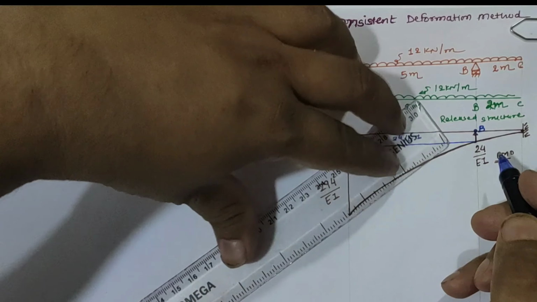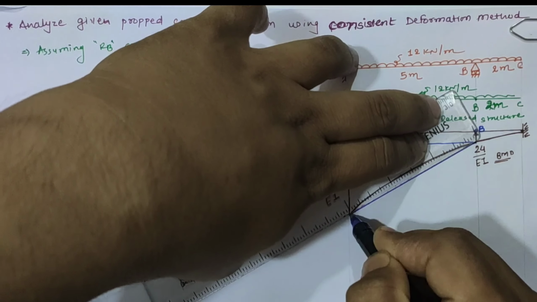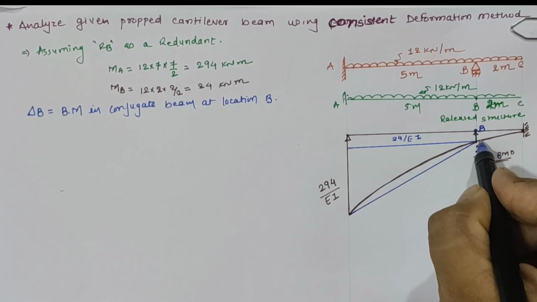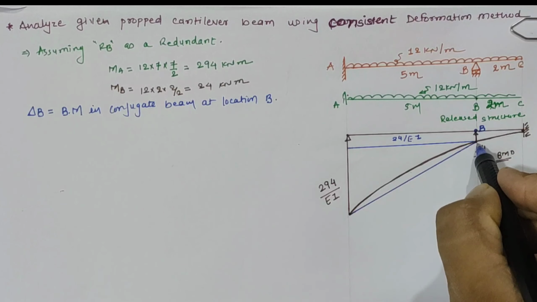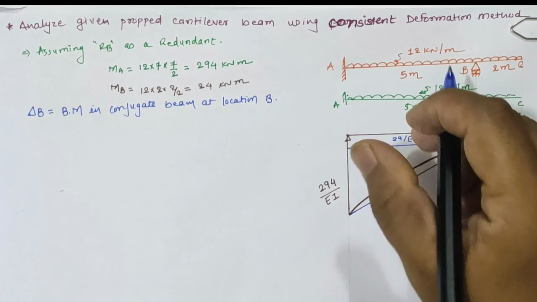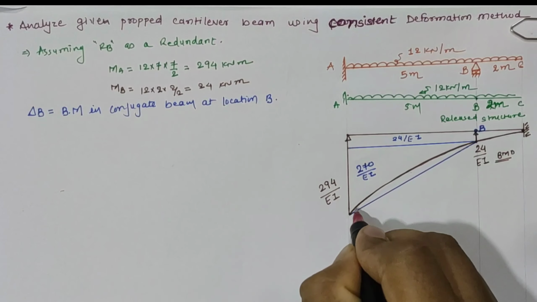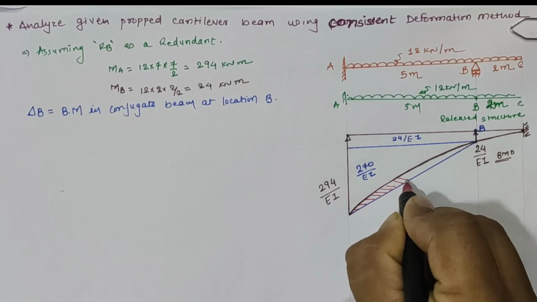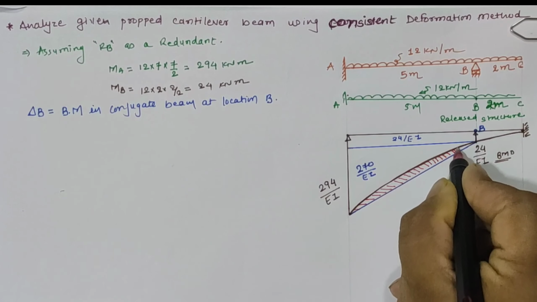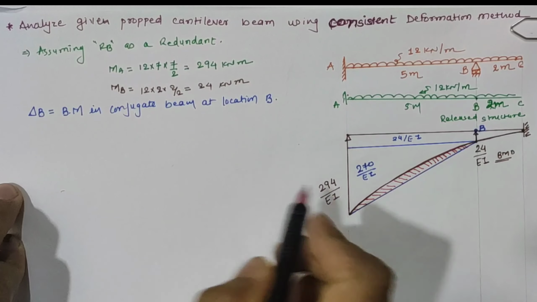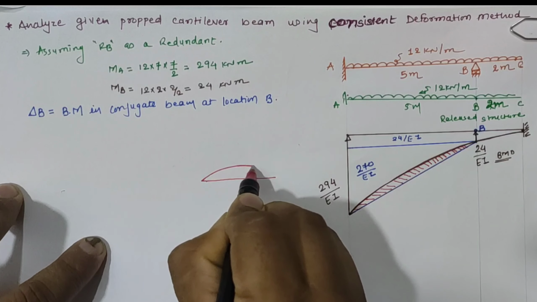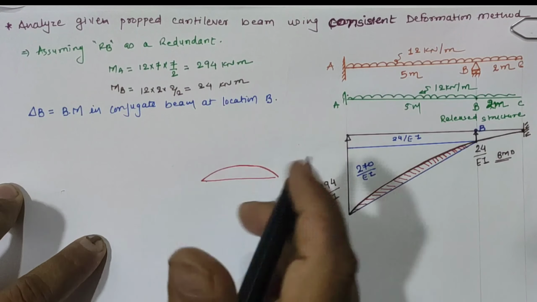So what we are going to do is connect both ends by a straight line so that the diagram becomes a UVL shape having the total intensity 294 minus 24, hence the rest value is 270 by EI, out of which we have to deduct a hatched part, having the enlarged view as shown in the figure, with a total length of 5 meter, and the peak value of this curve is given by the equation W L square by 8 EI of the loaded shape.